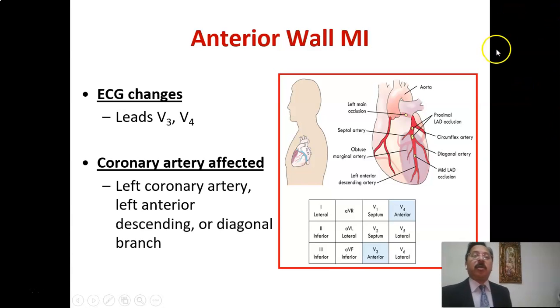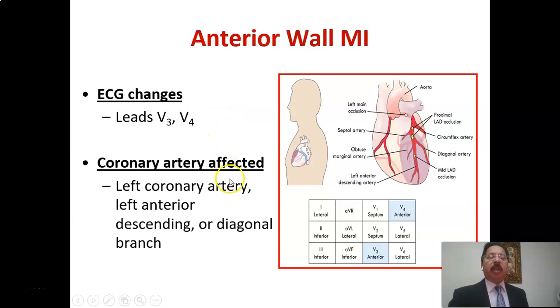So let's talk first about the anterior wall myocardial infarction. If you want to see the anterior wall myocardial infarction, you have to look at the ECG leads. These are V3 and V4. If you get ST segment elevation in V3 and V4, this is your anterior wall myocardial infarction, and this is